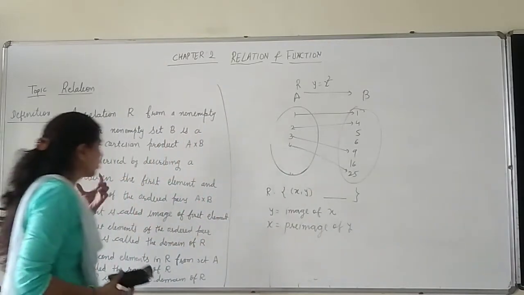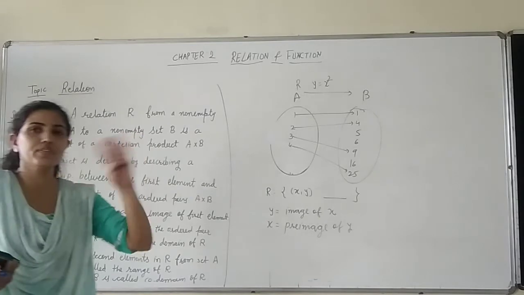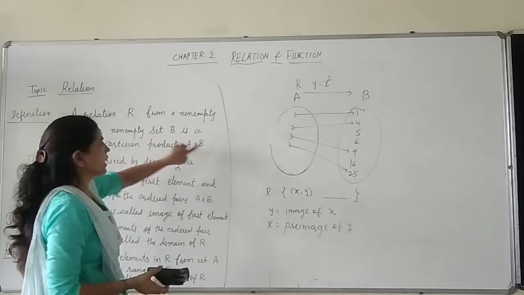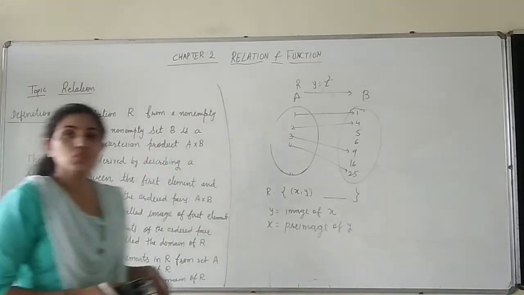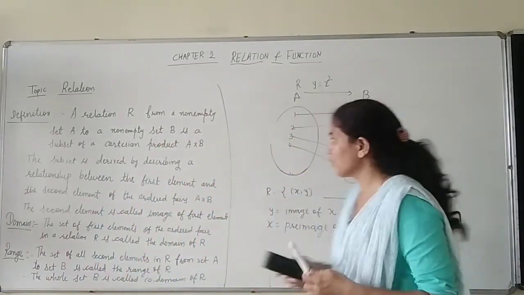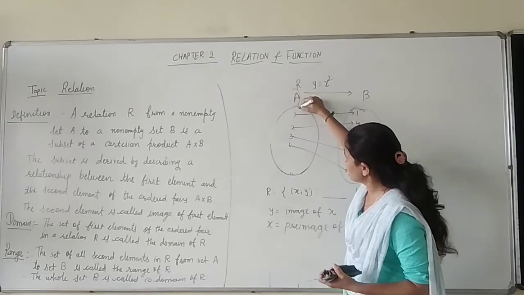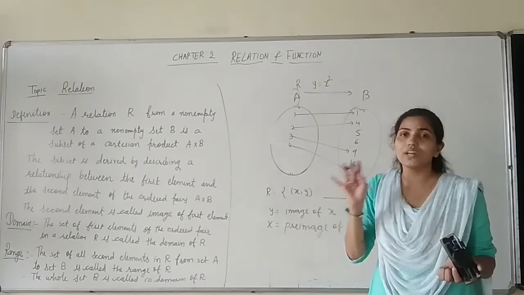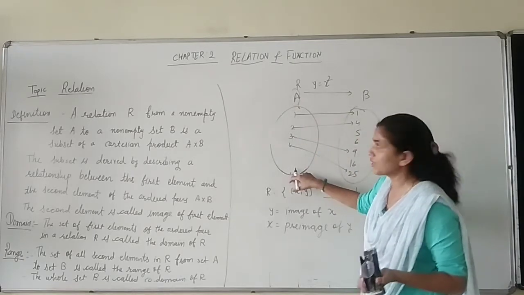So till here is it clear what is the relation? What is the normal relation between two sets? It is generally the subset of the Cartesian product A cross B. Then second thing is the domain. Now this word is new for you. Now what is the domain? So the elements of set A, the first set, are known as the domain of a relation. This is called the domain of the relation.